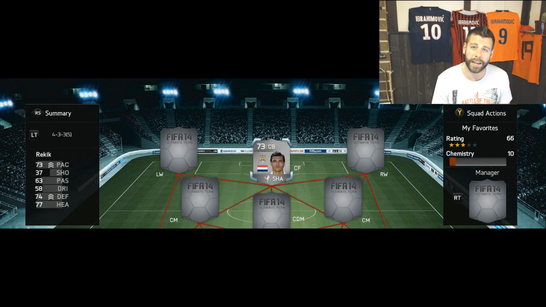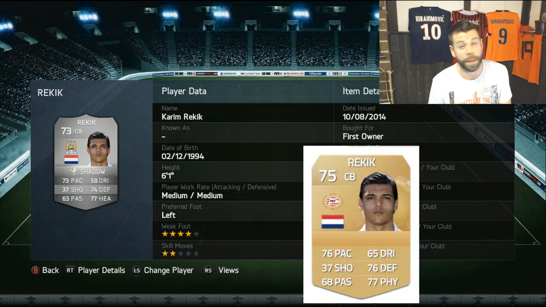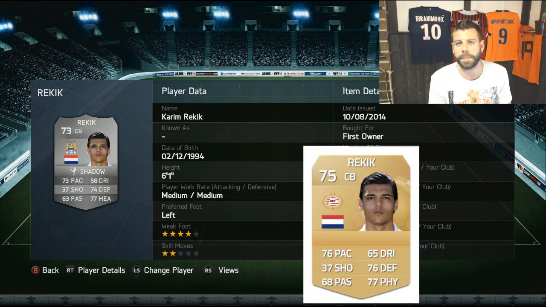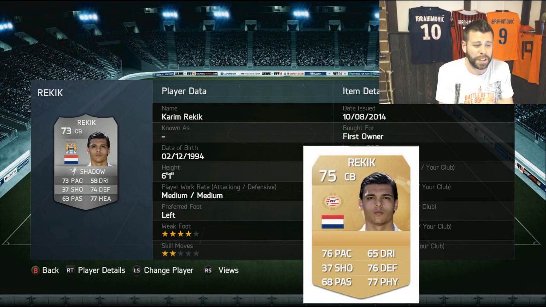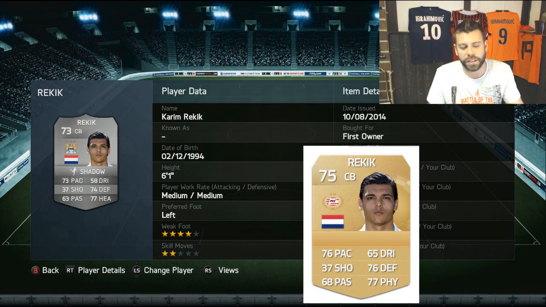And here is the god that keeps Team of the Season Van Dijk out of my Dutch team, Karim the Dream Rekic. Out of all the cards I have showed you guys in this entire video, he would make it into my top 5, I'm not even kidding you. Again, he's kind of one of those phantom cards that don't really make any sense in that he's got 73 pace, 74 defending, 77 heading, 63 passing, 58 dribbling, and he feels like he's about plus 10 on all those